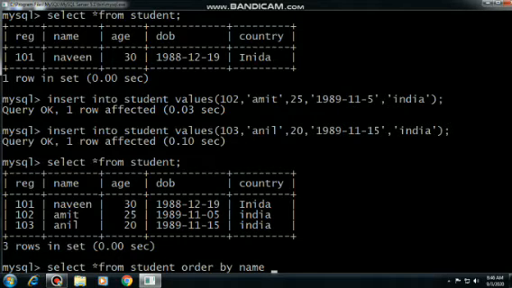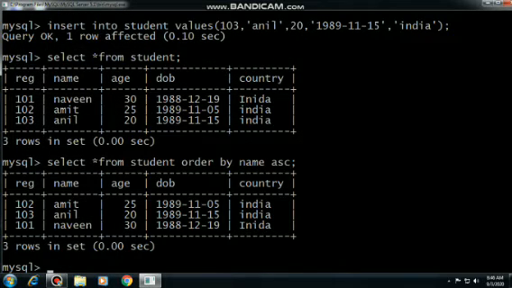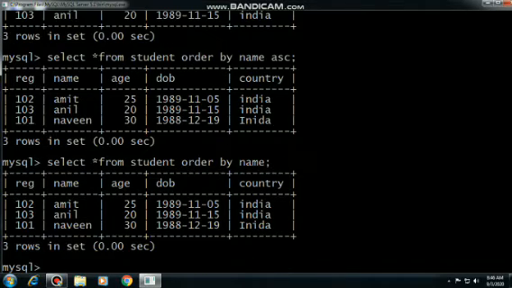No need to write ascending; you can write it or not. This is your choice. It is optional, because by default it shows in ascending order. Now you can see the result. Amit, Anil, and Naveen, they all are in ascending order. You can write like this also, that will also display in ascending order.